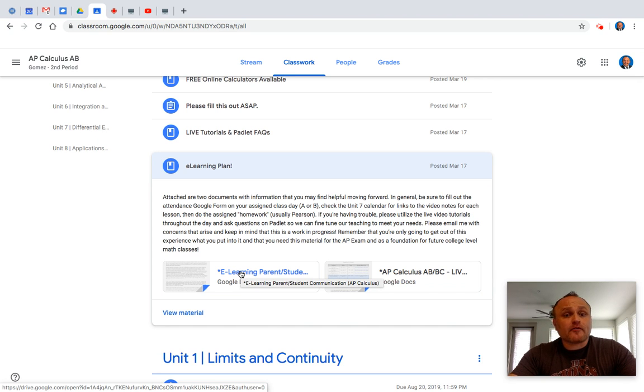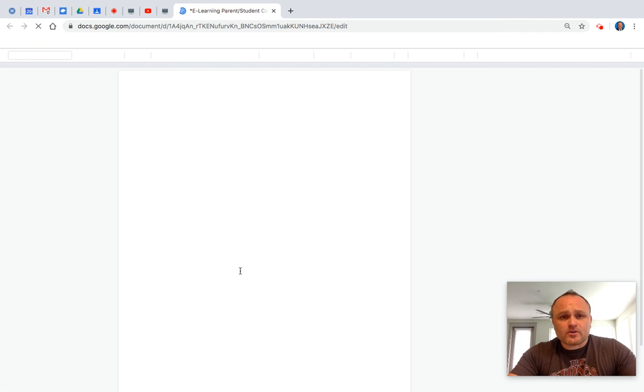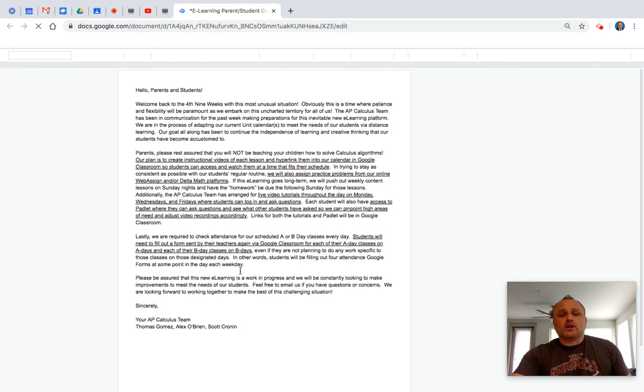A lot of you have already read this. Some of you are just now getting back from vacation, but nonetheless, this is explaining the platform that we're going to be doing. And when you click on this, this is explaining to you and parents what the expectations are, what the pace is going to be like, what the workload is going to be like, and whatnot. So please do, in fact, read all of that information, okay?